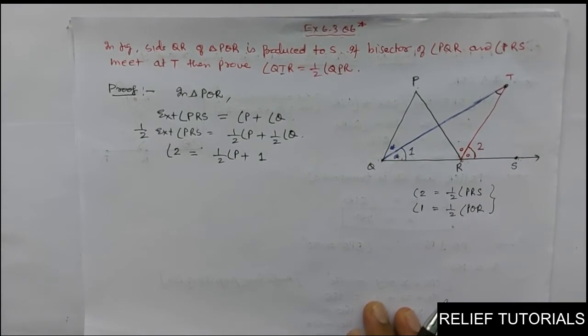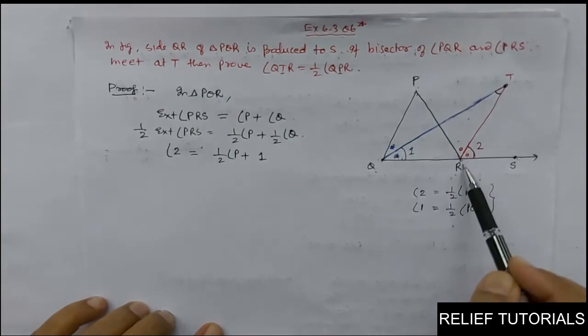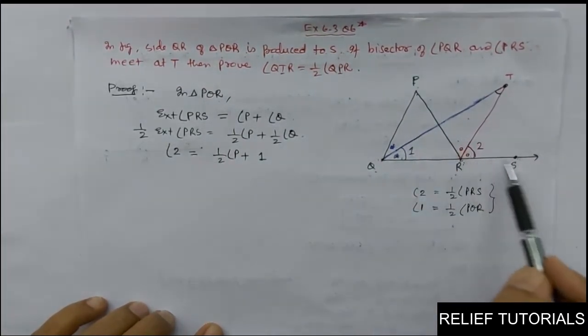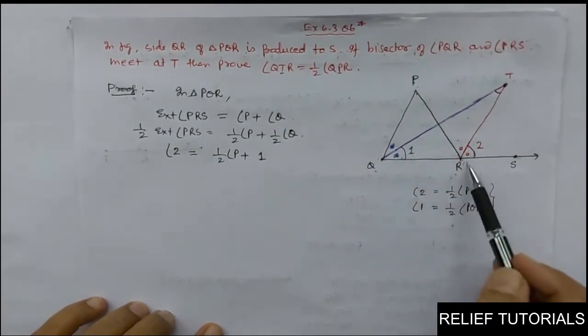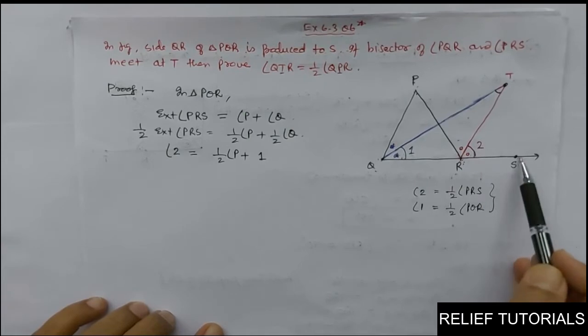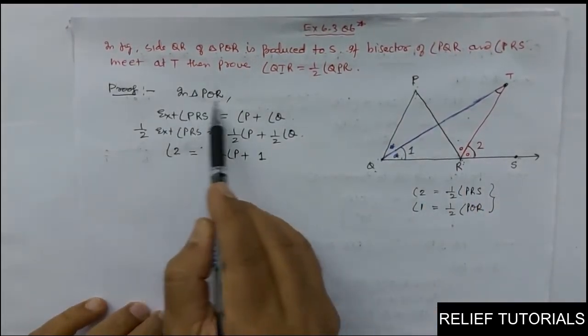Clear? Now see how we'll do this problem. Very important problem, but we'll do it in a very easy method. So you will consider two triangles. First, original triangle PQR. Okay, see this is PQR. This line is extended. So PRS is an exterior angle. In PRS exterior angle, it is equal to angle P plus angle Q. So in triangle PQR,